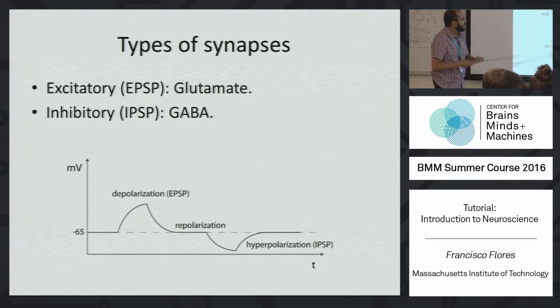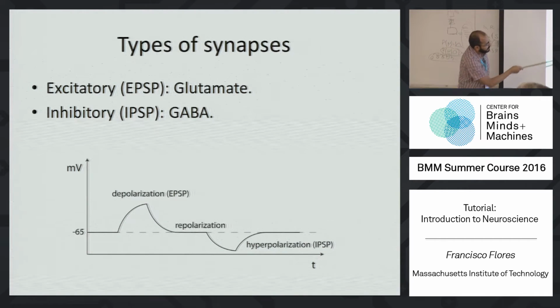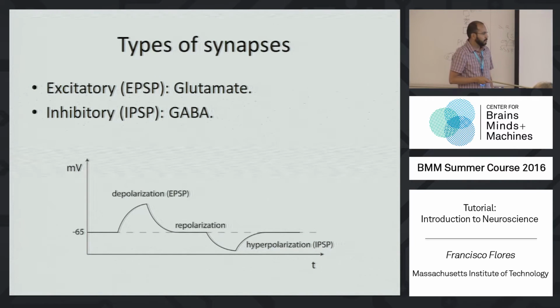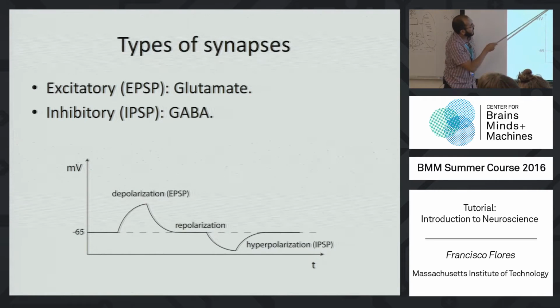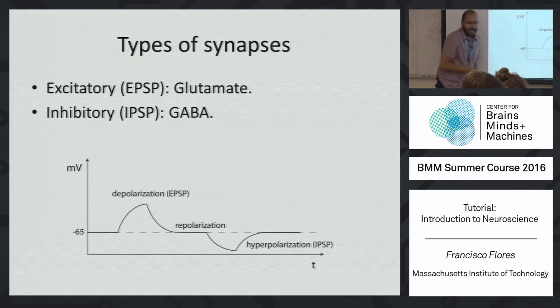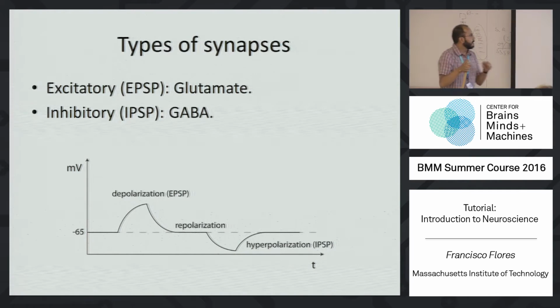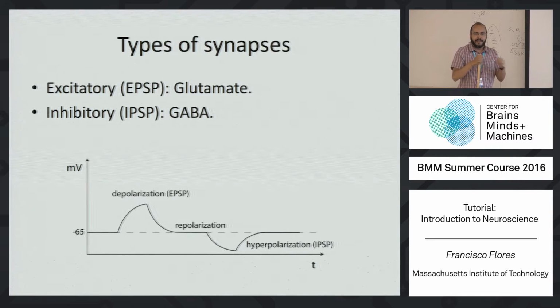So to summarize, whenever glutamate is involved and it happens in the dendrite, there will be a depolarization of the membrane potential in that neuron. And whenever GABA or an IPSP, an inhibitory connection, happens, there's going to be a hyperpolarization. So basically, glutamate and GABA, the excitatory and inhibitory components of the brain, are working one against the other.